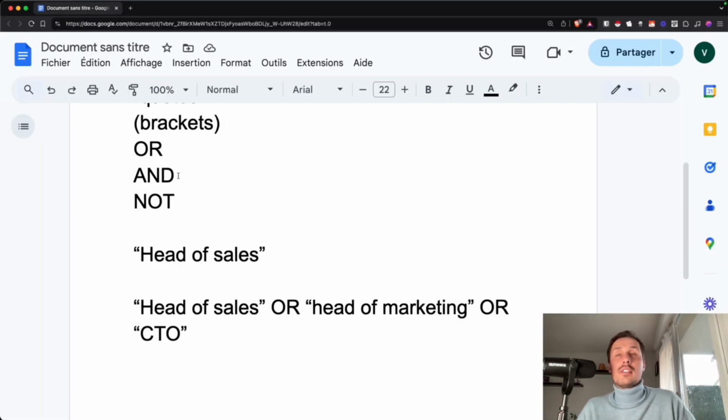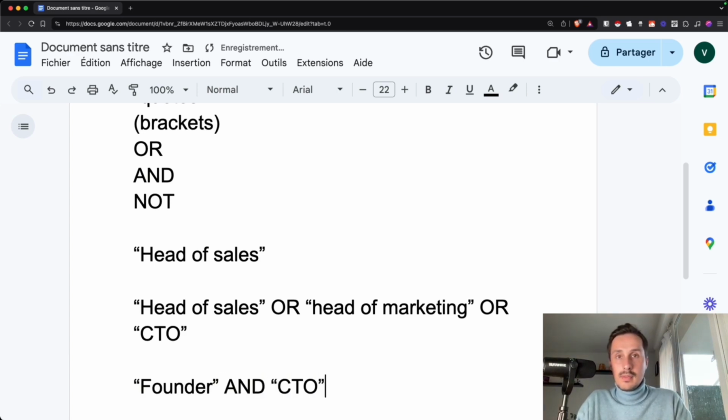So now let's move on to the next operator and we will see and. So with this operator, you will combine some stuff. So for example, we can say that we want founder and CTO. And with this search, I say that I want people that have in their job title founder and CTO. So the difference between and or is that here I will have people that are founder and CTO. They are not founder or CTO, which is different. So let's have a look. If I copy paste,